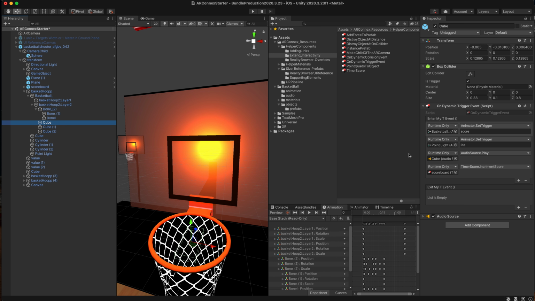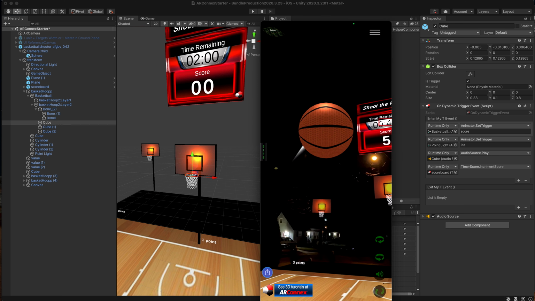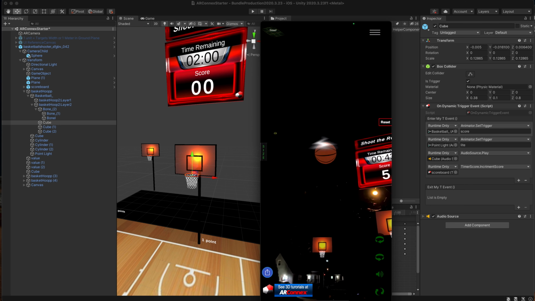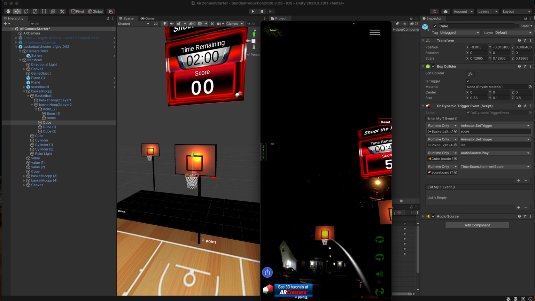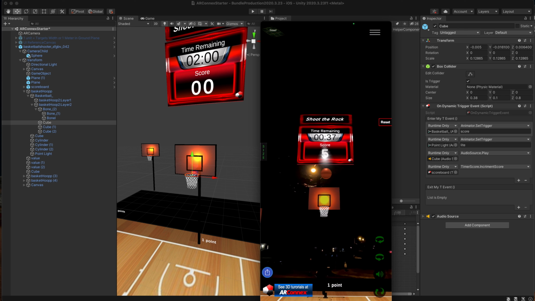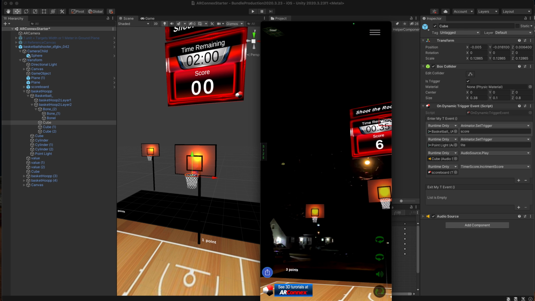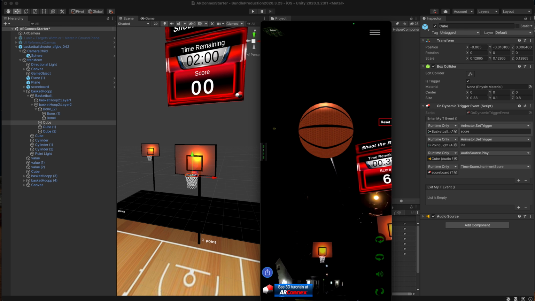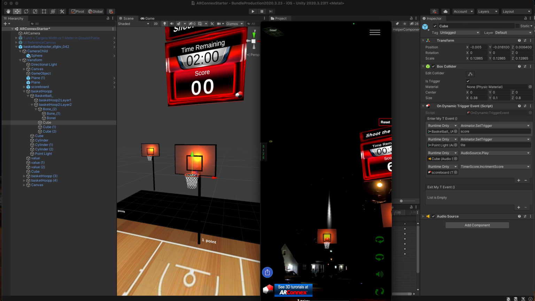That's pretty much it. We'll just take a quick look at the game again. We have 3 different baskets. The only difference between them is we have 3 colliders in the 3-pointer, 1 collider in the single pointer, and then on the other side is a 2-point basket, and we've used 2 colliders in that one to keep track of